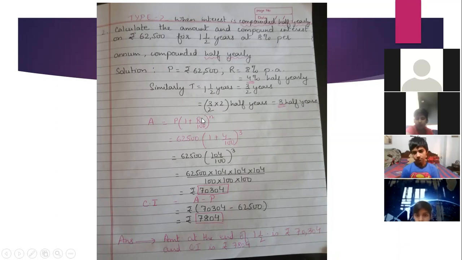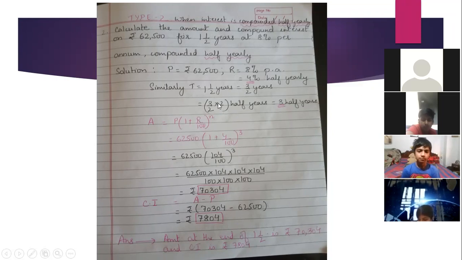Okay. Now again, you will write the same formula. I have not changed the formula. I have written the same formula. I have instead changed the values of T and R. Are you getting what I'm saying? I have not written R/2 over here and I have not written 2n over here because I have already done R/2 over here. I have already done 2n over here.